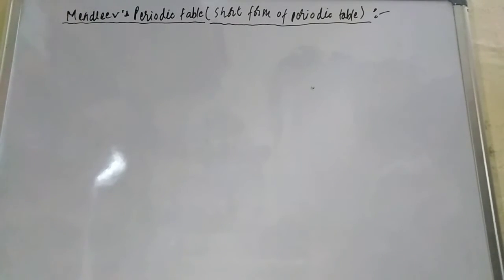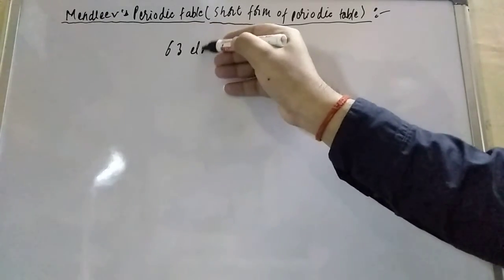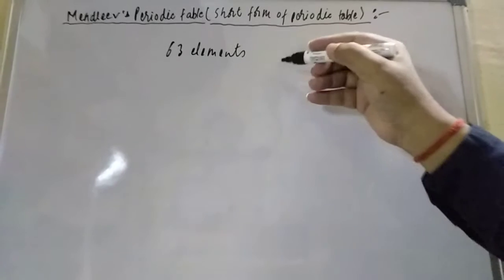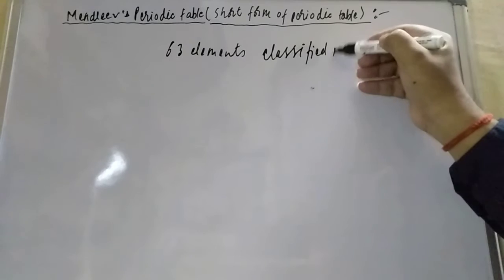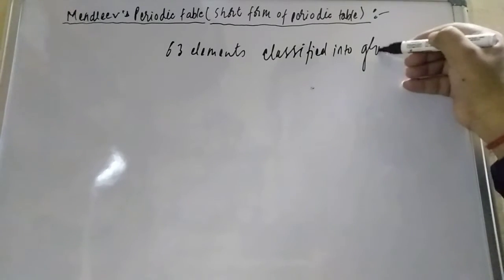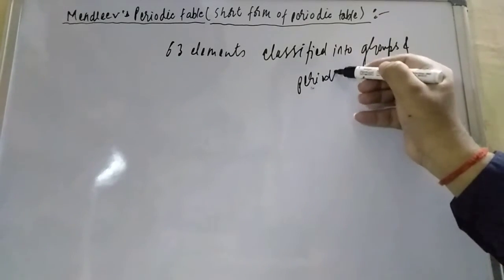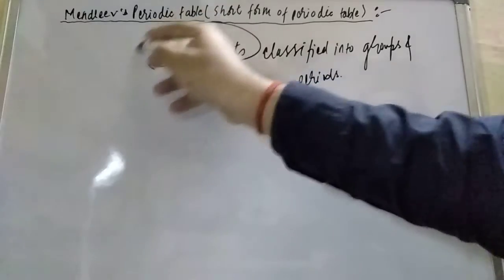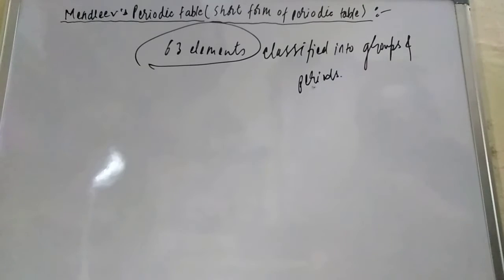When you study the Mendeleev periodic table, he classified the 63 elements. Okay, 63 elements classified. How were they classified, friend? They are classified into groups and periods. These 63 elements were the only ones known at that time, and how they were classified into groups and periods, we have to understand on the basis of